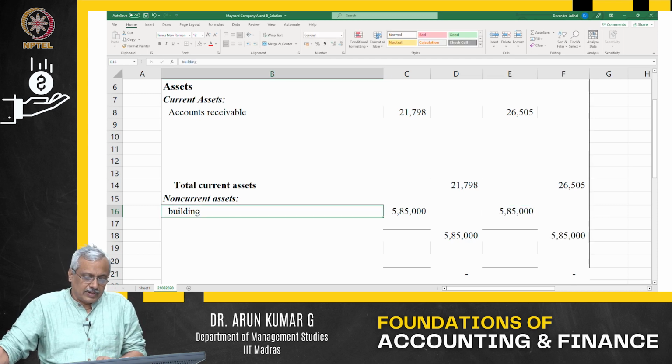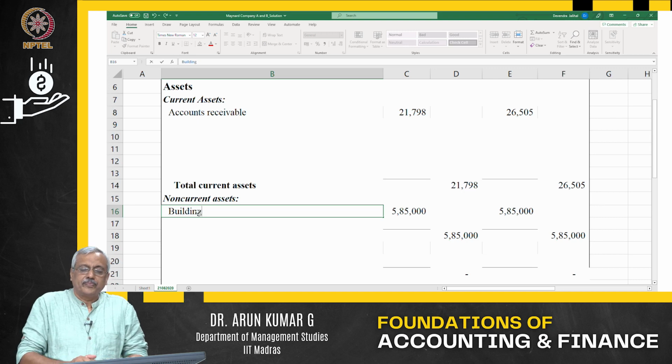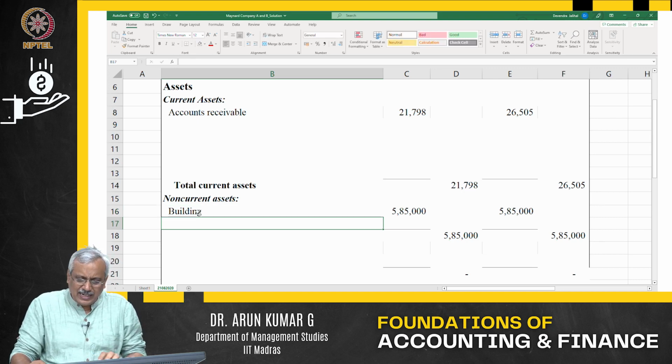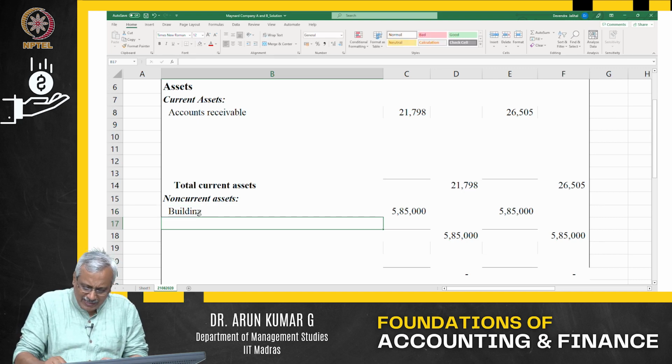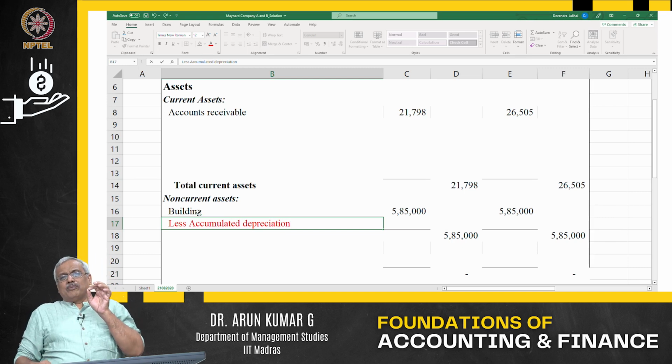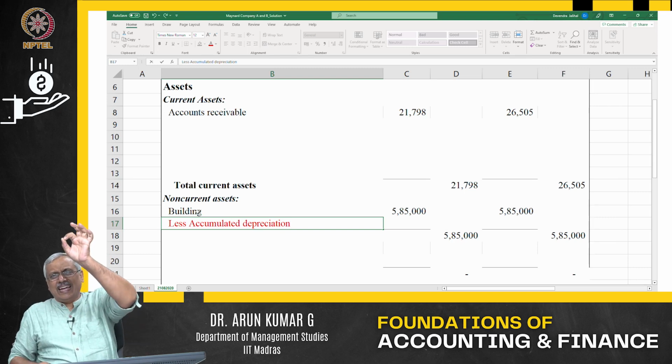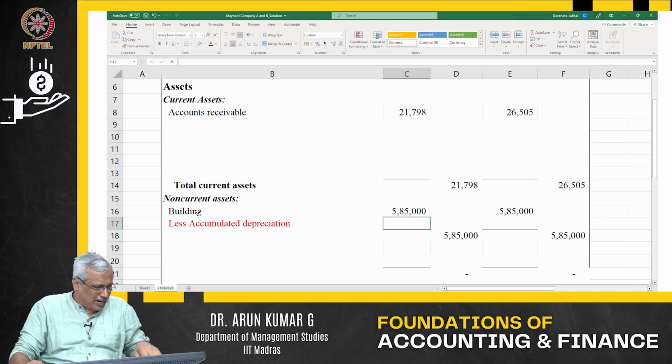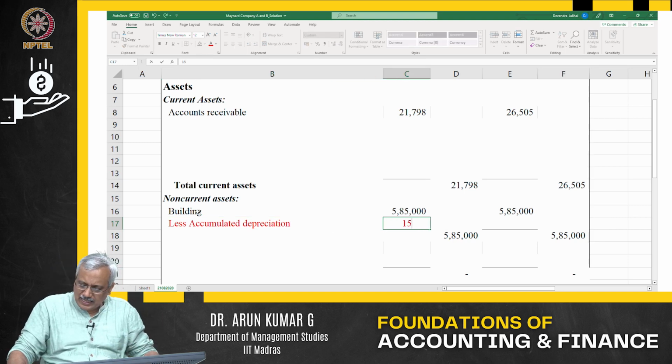585,000 in this particular case. So, that is what is building out there. Now, on this, I need to know the value of the building less accumulated depreciation. That is the amount of money that has depreciated right from the day I purchased the building till today, accumulated depreciation. Here it is 156,000, and then